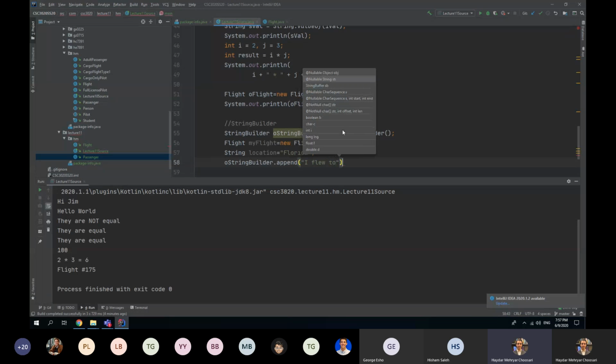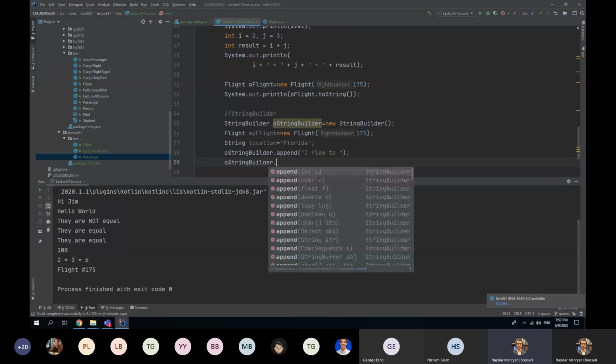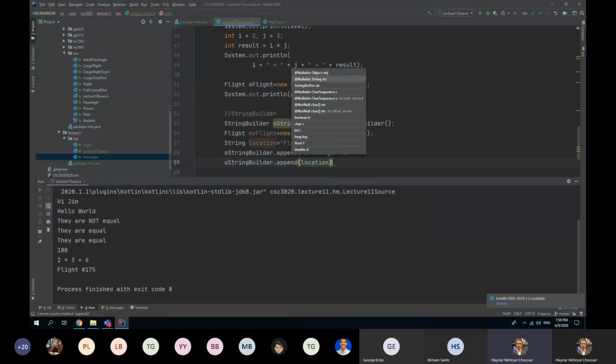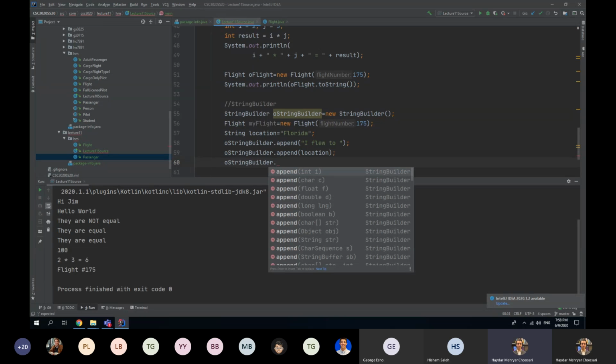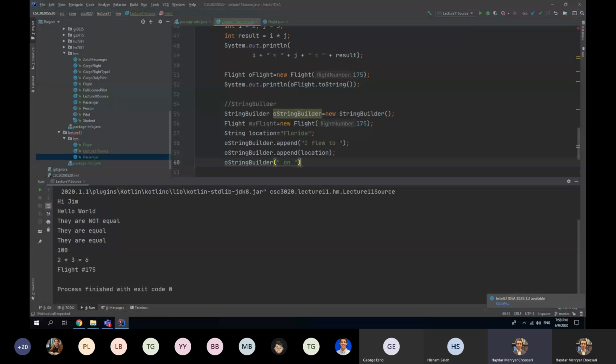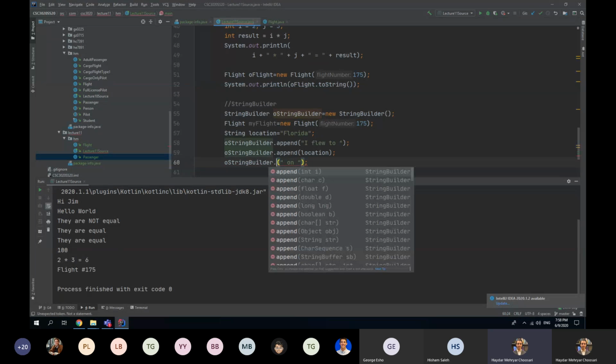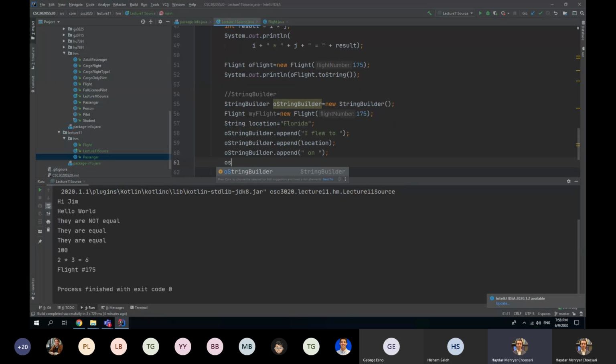Again, my location: sb.append the location at the end of it, and then sb.append with which flight I want to go. I need a preposition over here, I can use "on". And then I can use sb.append